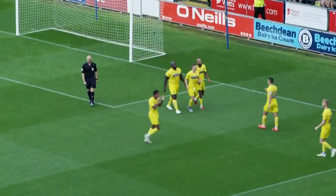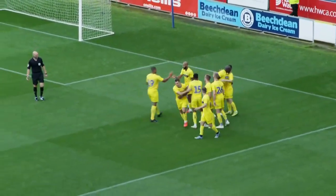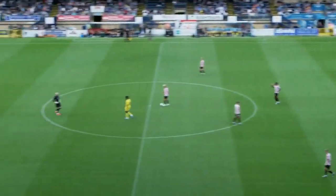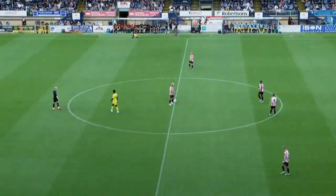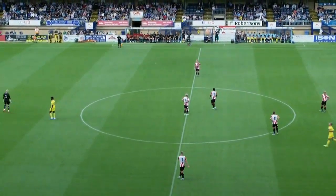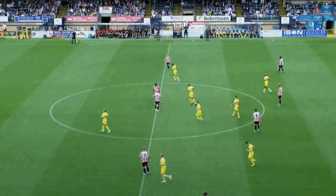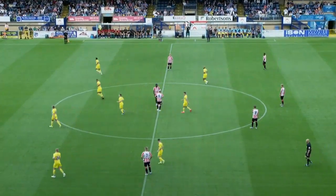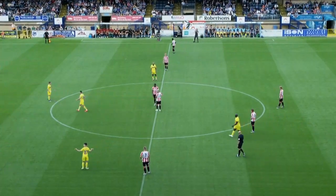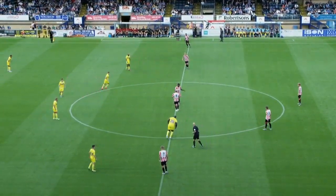Yeah, I thought Tom Field was very easily beaten there, wasn't he? He just sort of lost control of the ball. But early days. Yeah, it seems a little bit lacklustre. It's one of those pre-season goals where you're not busting the gut to get to the byline. You're certainly not trying to get your hands on your man. Luke Daniels is having a right go at his centre backs because I think it was a little bit too easy. But as you say, it's early doors. I think Brentford haven't really found a foot in this game yet, but there's plenty of time to go. Yeah, they haven't really started well. They've hardly tested Wycombe, and that was a sloppy goal they'll be a little bit unhappy about. Friendly or not,